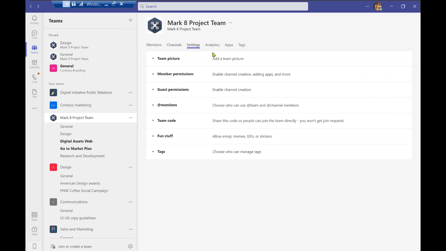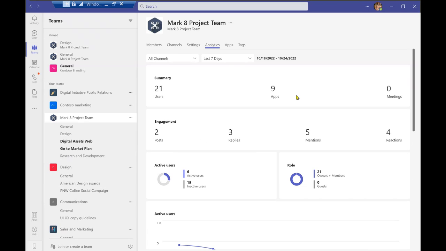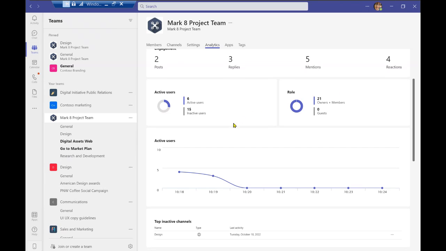Now, along with the settings tab, we have the analytics tab. Now this tab, once again, is there for your use. If you choose not to use it, it's fine too. But I can say that this is a relatively keen feature. If you take a look, you'll be able to see the engagement that there is in the team and channel that you use. So this is important information because you can figure out if the work that you are putting out in the teams and channels that you're using is relatively active for the people who are using it.